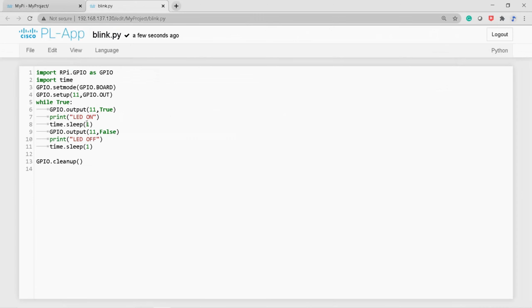So the same program which I have executed for Raspbian OS, I am going to execute in the Cisco PLApp for 3 LEDs now. So import is used for importing the packages. Here RPi.GPIO, general purpose input output, is the package name, and here I am creating a reference as GPIO, through which I am going to access the methods like set mode, setup, output. These are all the methods. And the second package, we call it import time. This is used for delay purpose. Here I have used the sleep method for delay.